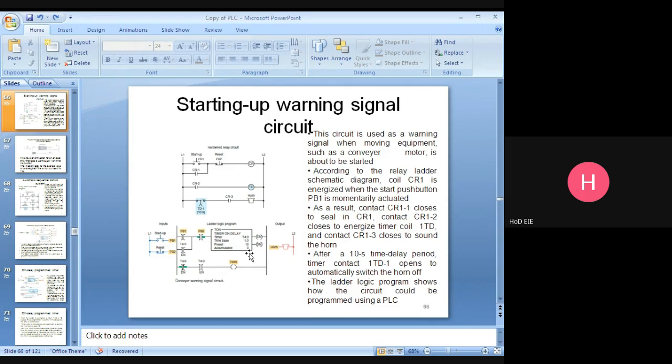The timer timing bit starts timing: 1 second, 2 second, like that. Once the accumulator value reaches the preset value, at that time the done bit, DN, will be energized. Once the done bit is energized, this normally closed contact will be opened. So the horn will be off. Understand?